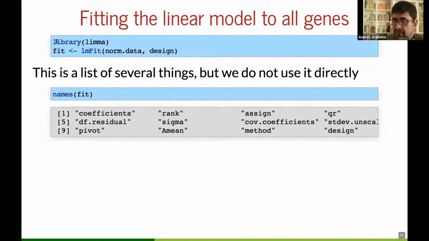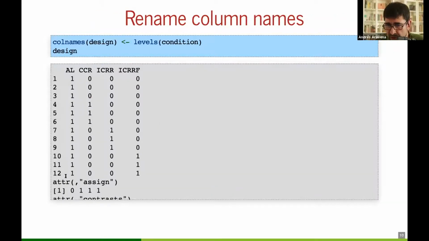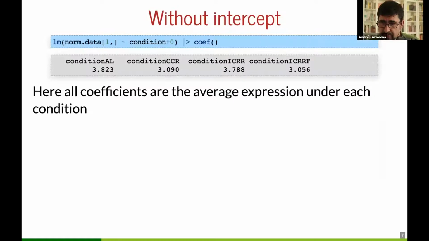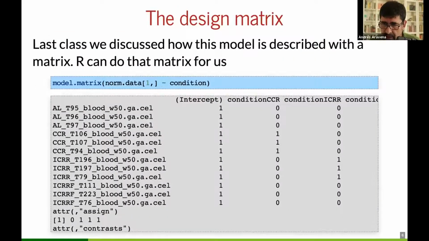So the library LIMMA has the following steps. The first step is, remember, this norm data was one row for every gene, one column for every array. Then the design, one row for every array. Maybe I should say it again. Let's go carefully to the beginning. The original data,